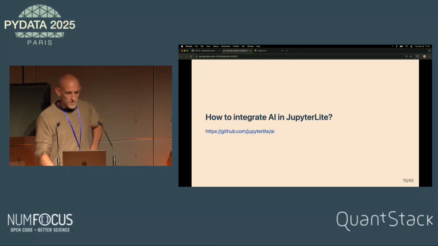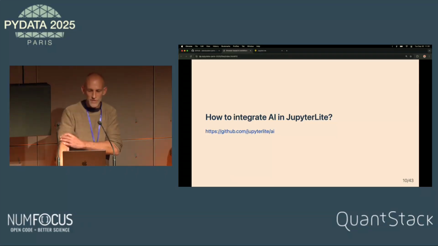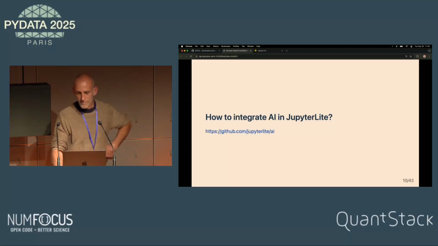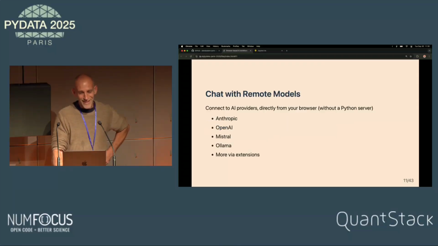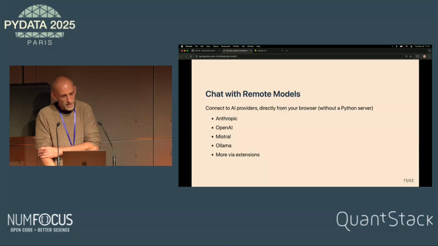To integrate AI in JupyterLite, we started a new project named JupyterLite AI. Easy to remember. Now we will present some features we have with this project. The first thing we wanted to have was a chat which can communicate with a language model.